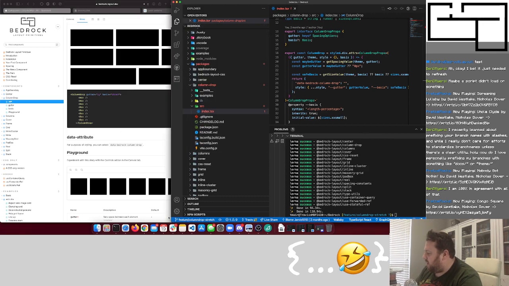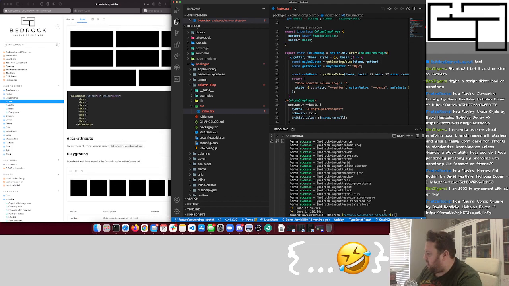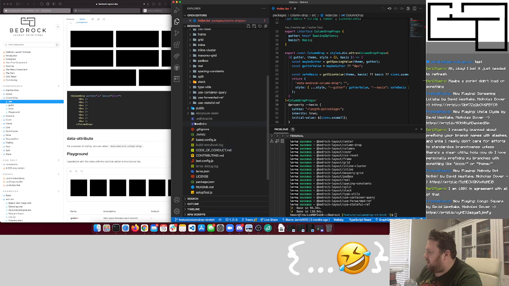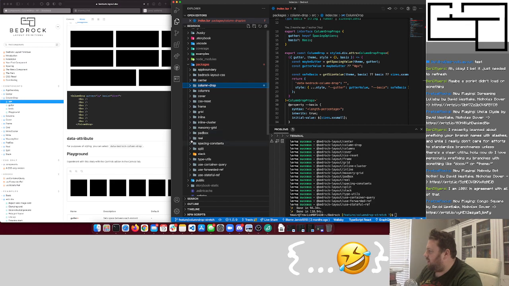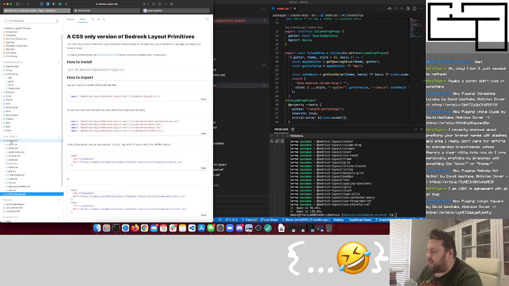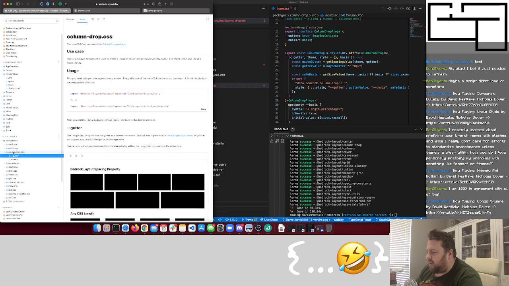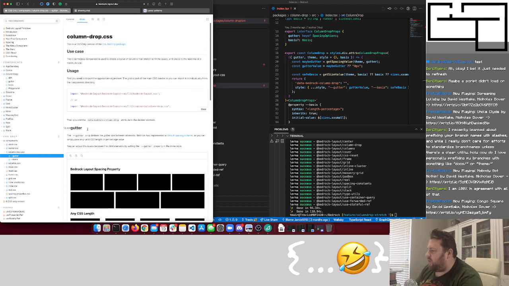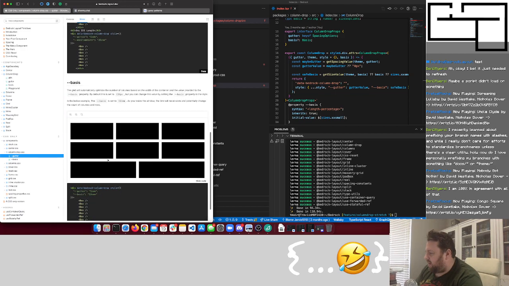Anyway, let's go, and this is nice and clean. So despite the fact that we're going to be talking about the column drop, I'm actually going to start by working on the CSS version of this. I thought that would be nice, because you may or may not know, I do have CSS only versions of most of these components, including the column drop. And right now it has two properties that you can add. There's the gutter prop, and then there's the basis prop,